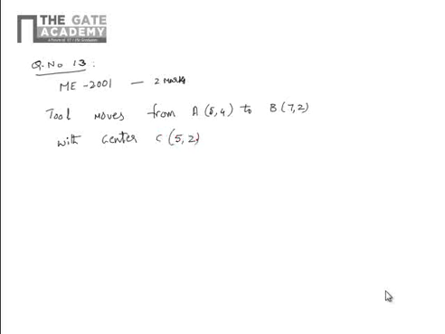Before starting the operation, the tool is at A, that is 5 comma 4. The correct G and M code for this operation is, options are: